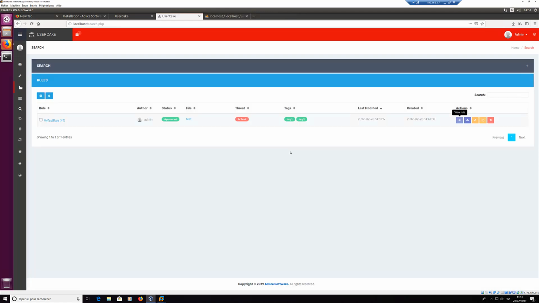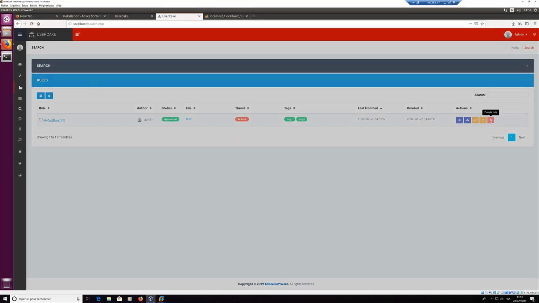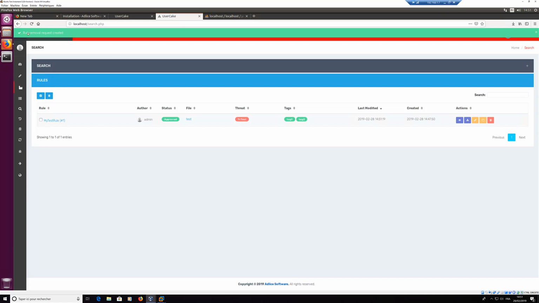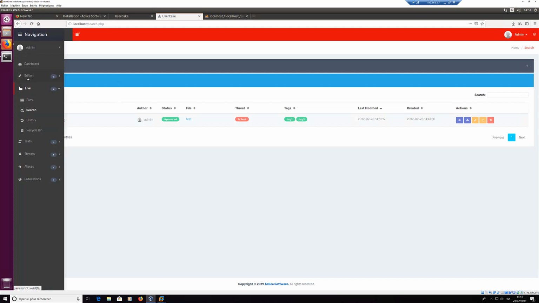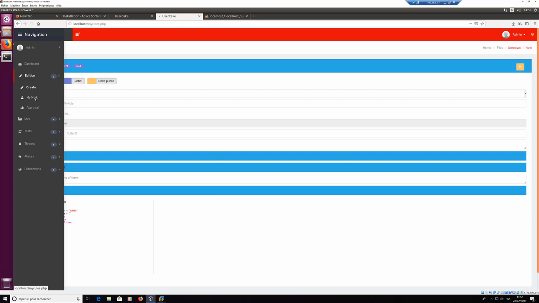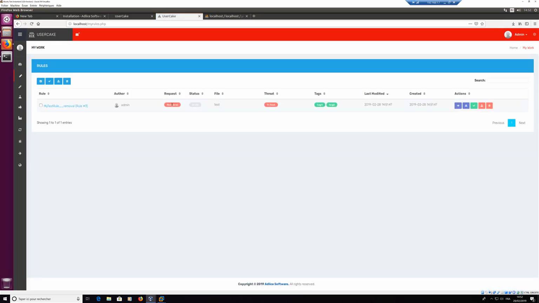So what if I want to remove my rule? It's the same. Just create a removal request. So it says removal request created. The rule is still here because we have not validated yet the request. You will see the removal request into my work, removal request. You need to check syntax,